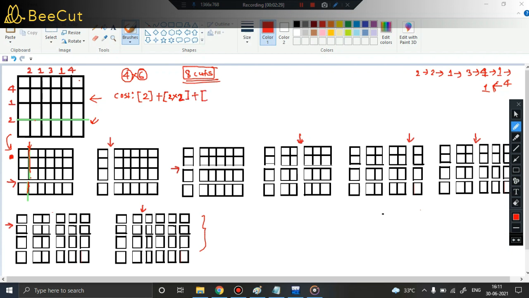Now my chocolate block will look how? It will look like this. You see? First cut, second cut, and this is the output in front of you. Now you have decided basically to cut this chocolate block along this edge, suppose. Now I am going to cut it along this edge.